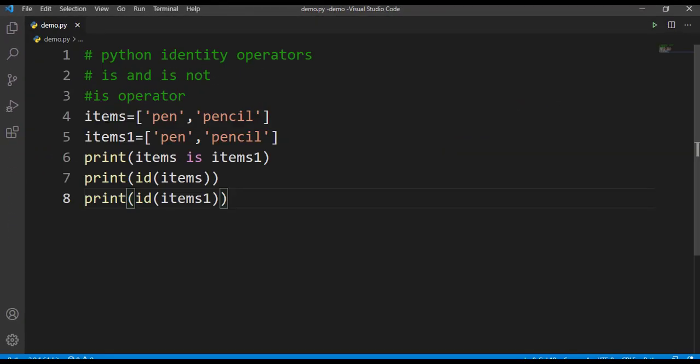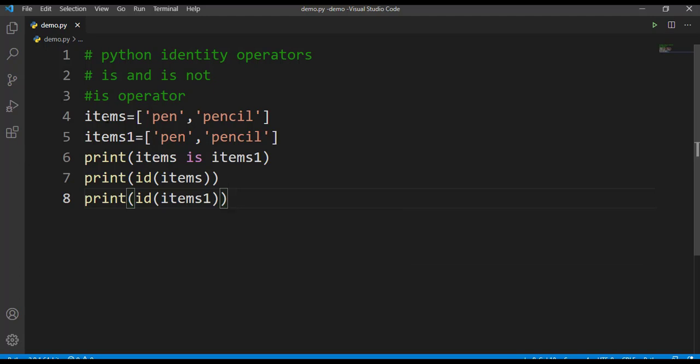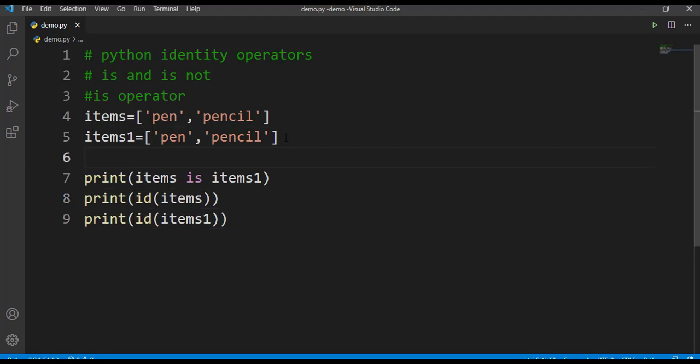So what can we infer from this? We can infer that the is operation returns true only when the operands belong to the same object, else it returns false. So now let's understand when it returns true. I'll make a little change here. So here I'll give items3 is equal to items1.